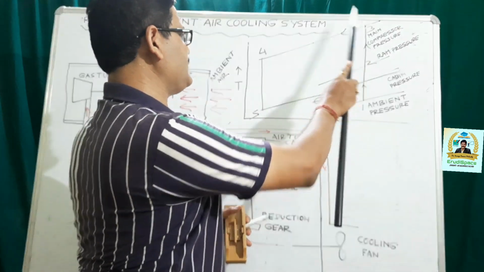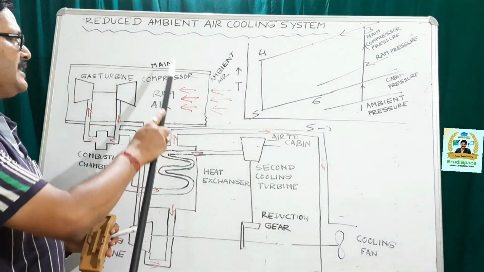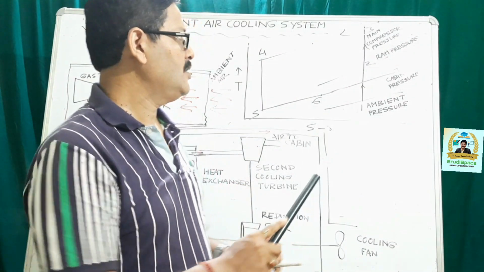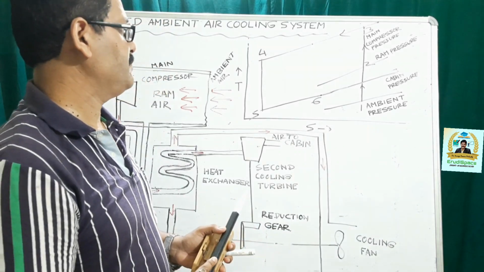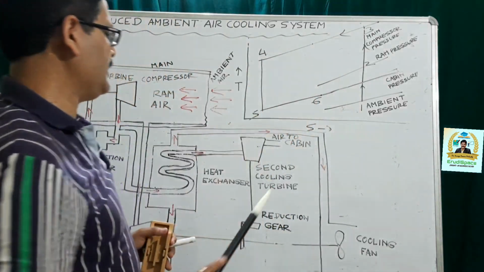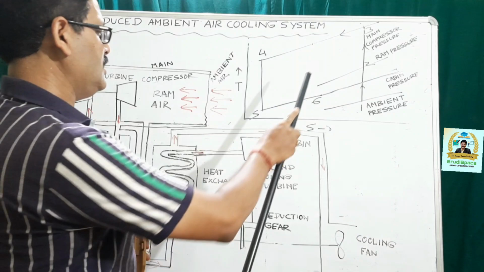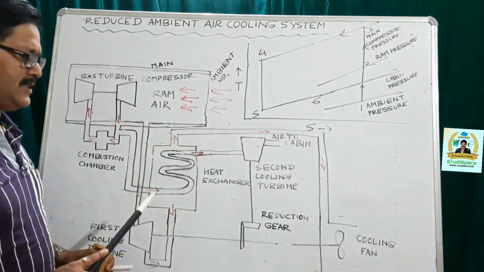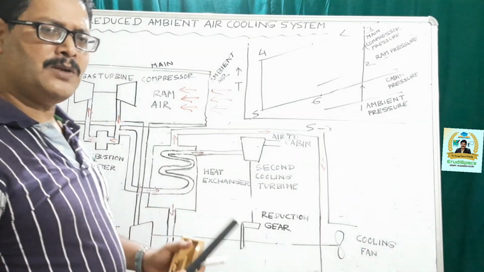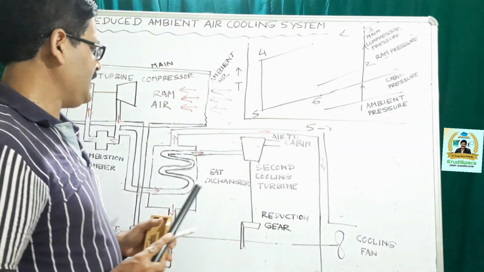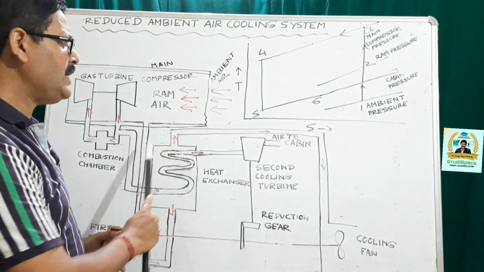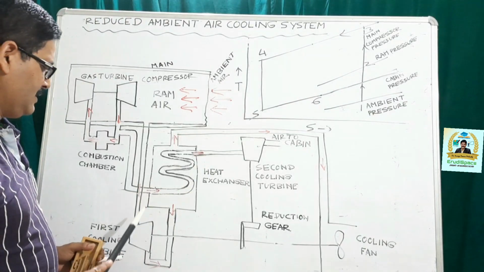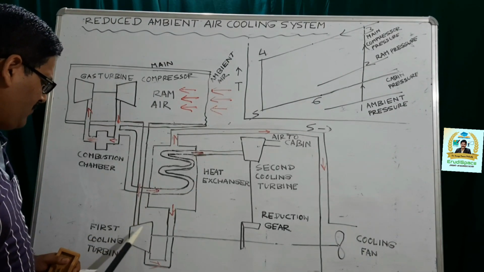Then 2, 3 represents the compression that is taking place in the main compressor. Here we need to do some work to compress the air. 3, 4 actually represents the cooling that is taking place in the heat exchanger. And we need to remember one thing, that the cooling is done by the air that is coming from the